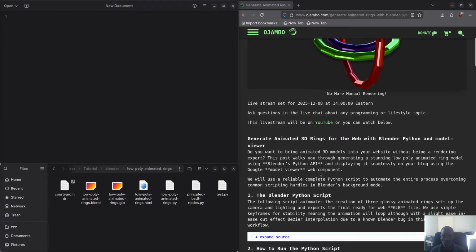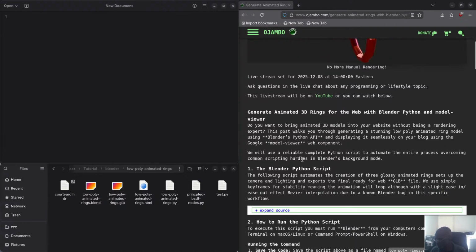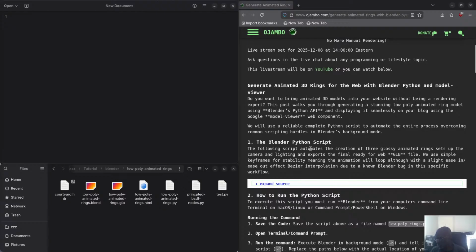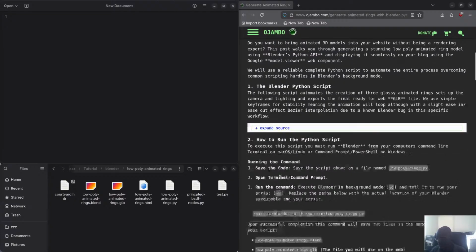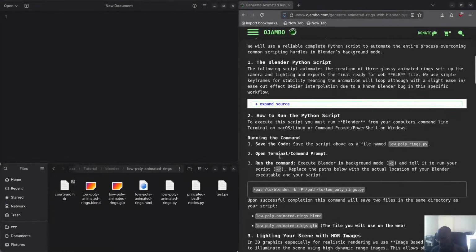And what I wanted to just see if things have changed in Blender 5.0, which they have. So that's why I use very simple keyframes to make sure this will also work in, say, Blender 4.5. Most of you might still be on Blender 4.5 or even below that. Okay, and then for the web, we use Google's model-viewer web component. So if you're impatient, I have the code here for you. Just expand, grab the code, put it in the Blender scripting tab, and it will create the stuff for you. But if you're actually patient and you see what else I do, I'll give you some extra tips as well,